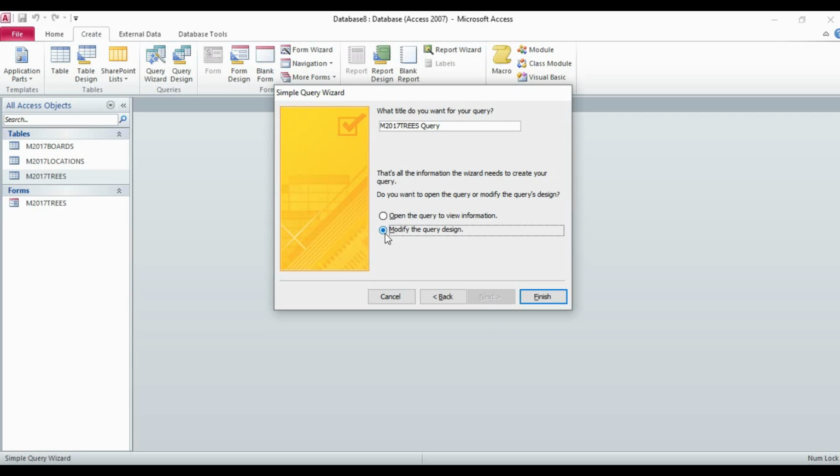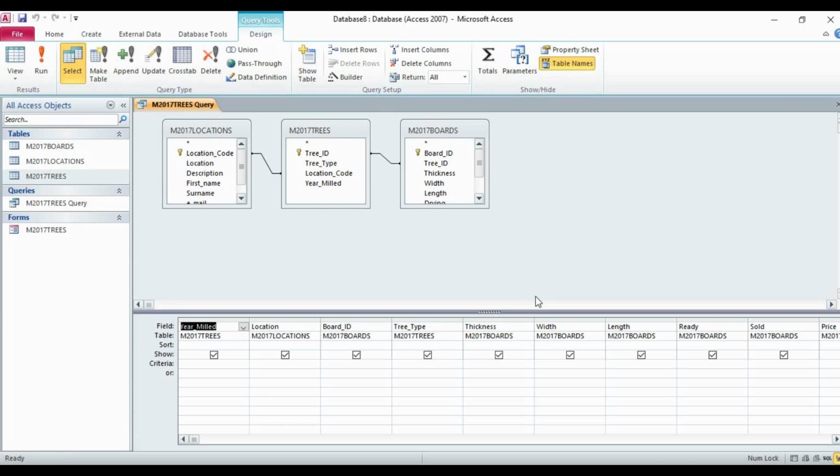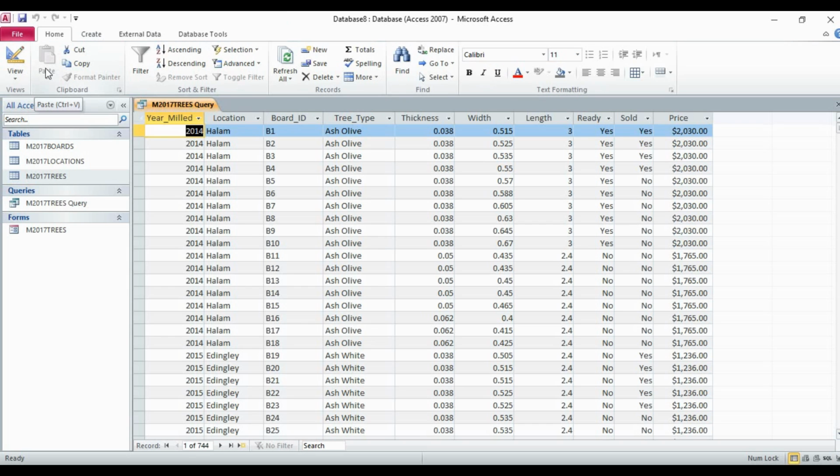Now the same window is in front of us, which we used when we created the query using the query design. All the fields we have chosen are here. Now when I run this query, you can see here we have all the fields with us. So this is a query, but it will be a query table. Query does not mean that it will be in another format. A query will also be in table format only. It is a query table which we have designed using multiple tables and different fields of the multiple tables. So I'm going to the design view again.